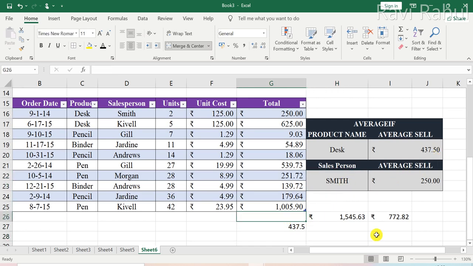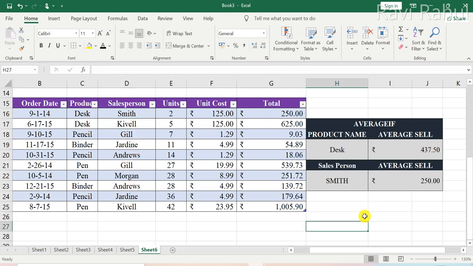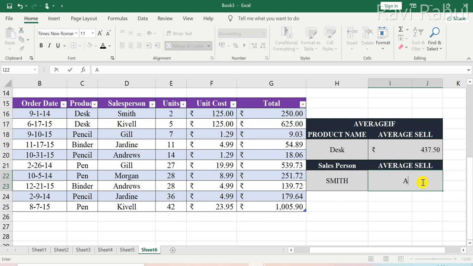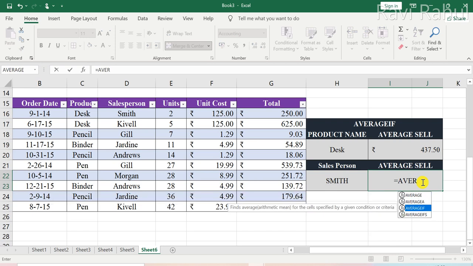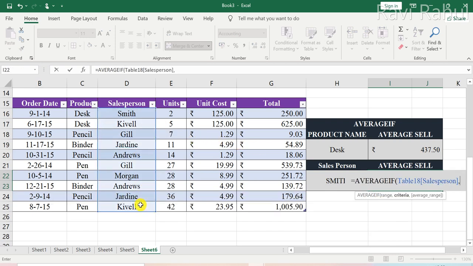Similarly, what if I want to know the average sales conducted by a particular salesman? Okay, particular salesman. You see, we have only one Smith. Any Cable has been 2 times. Okay, so same formula we will apply here, and we will type in equals average if, and select the salesperson range, and I will enter the salesperson in this column.